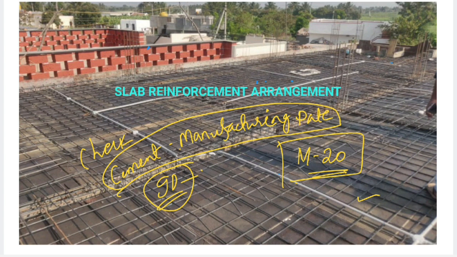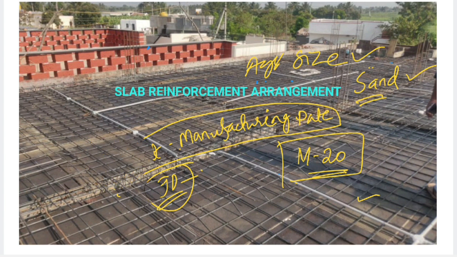And the aggregate size as well as the sand size, that is the gradation, will be done at the site, or you can bring the material to the lab. These materials are to be tested to see whether they are graded material or not. If this testing is done, then all the materials we use for concrete are feasible, along with